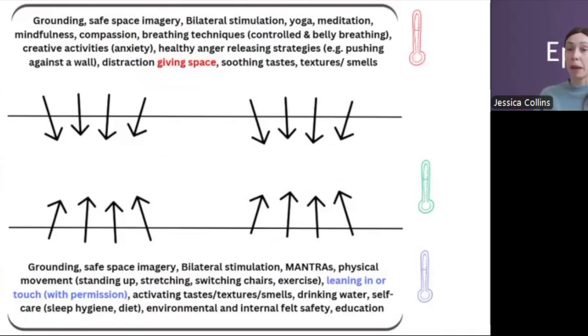So maybe stretching the body and feeling how nice it feels to stretch out. A bit of gentle bouncing or dancing can be really nice to wake up the body, or walking along to some music. Again, it should be music that's quite active and energetic and bouncy, because we're trying to speed up, to help people bring some energy back. Again, the sensory world is very helpful. So activating scents, things like citrus, or really activating tastes like a really strong mint or a really sour sweet can really bring some energy back into the body.